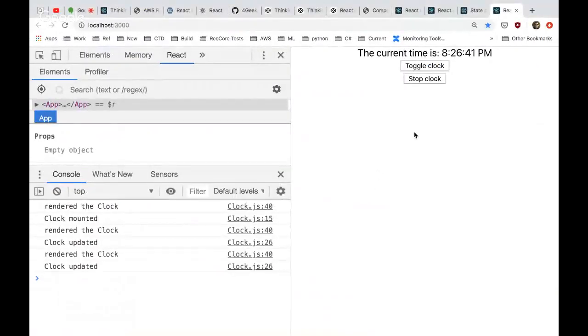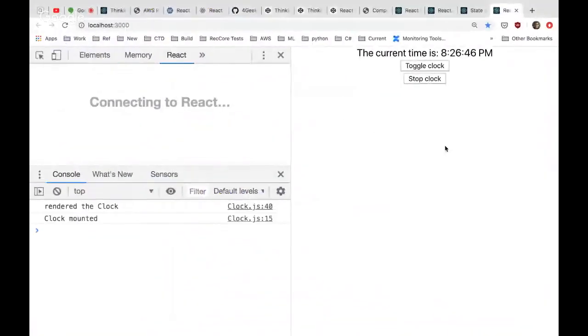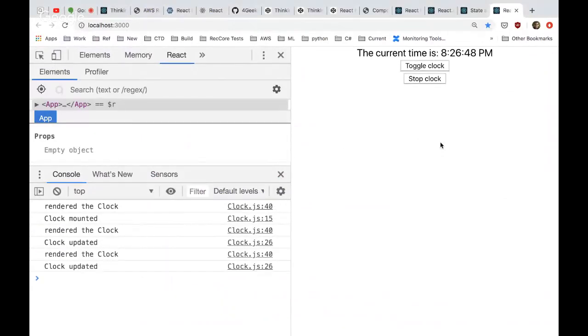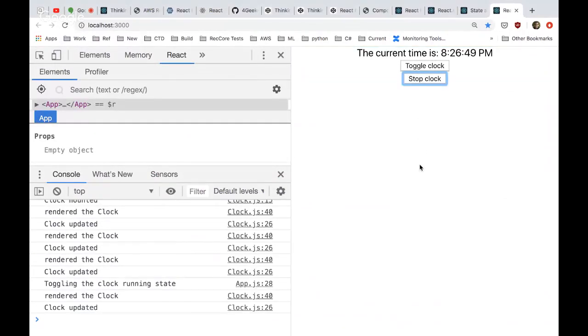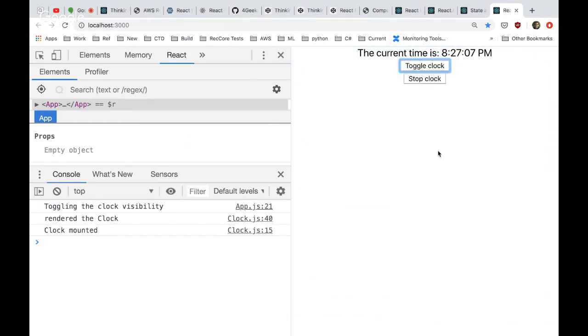So now if we do this, let me go back to a 1 second timer so that we've got something appropriate here. Go back here, we're getting updated every second. And if I click stop clock, it quits updating. And we quit seeing events firing here because we stopped it, nothing's changing the state anymore. Now if I toggle the clock, right, I deleted that clock, that one doesn't exist anymore. I click this, it's a new clock, it's got a whole new interval on it. Or it should.